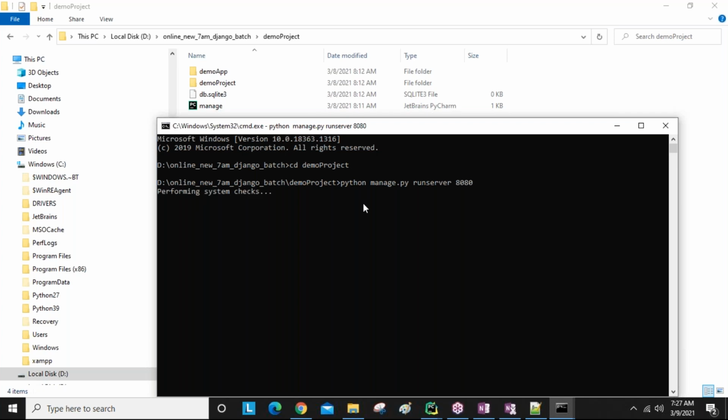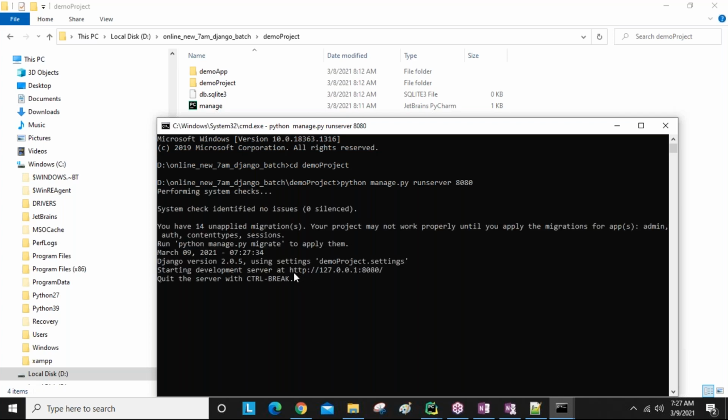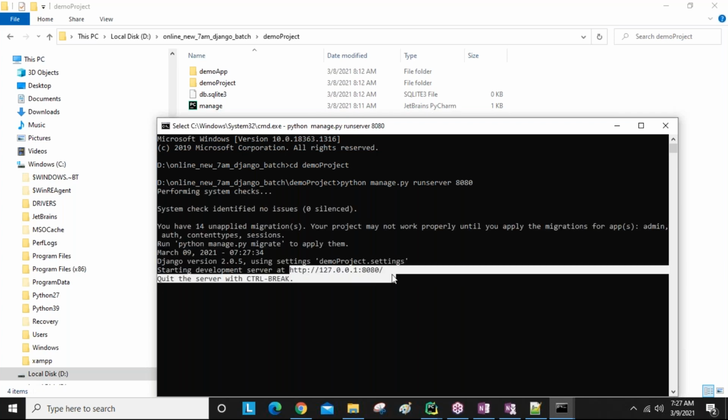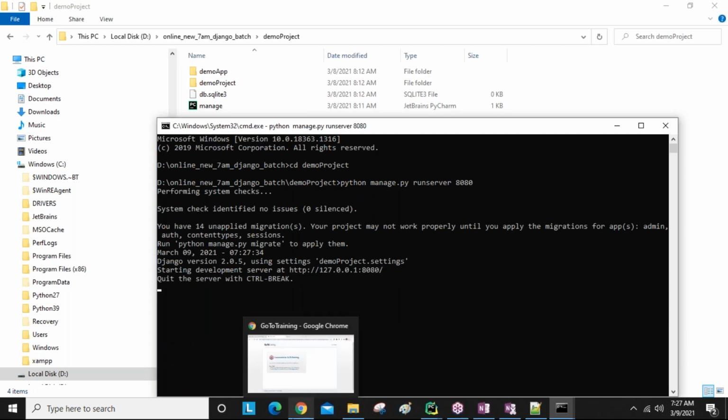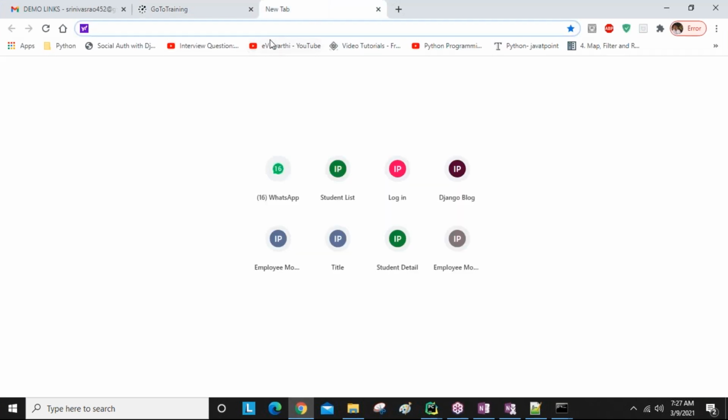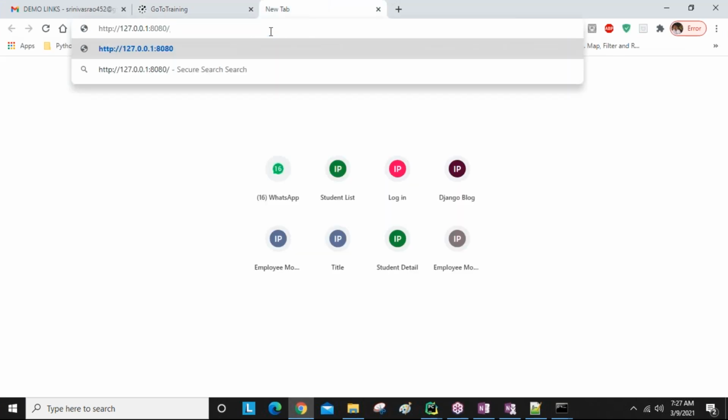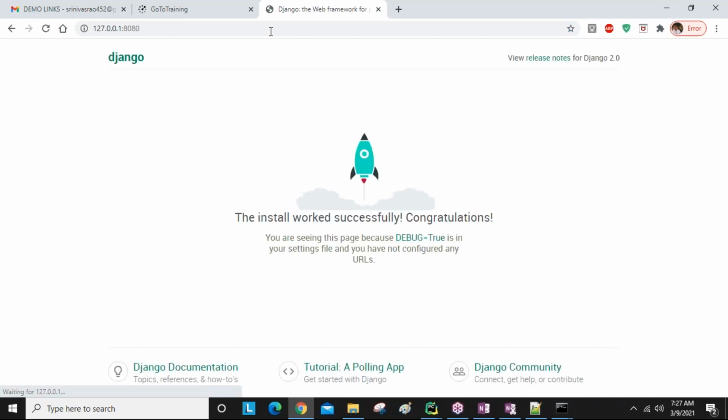By default Django runs the server with this port number. So copy this, open your browser, and paste it here. Now you get this page: the install worked successfully, congratulations. It means my server is running right now.